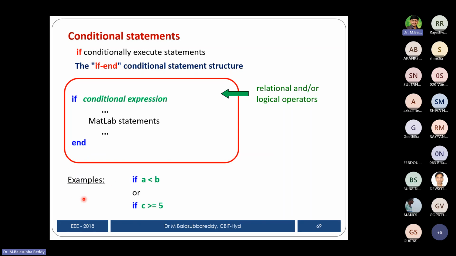And now you can see, if A less than B or C greater than A, this is the way you have to check the condition. If it is true, suppose A less than B is true, then you may write C is equal to A plus B, or else C is equal to A minus B, based on that. So whatever further statement is your wish, but the only thing is